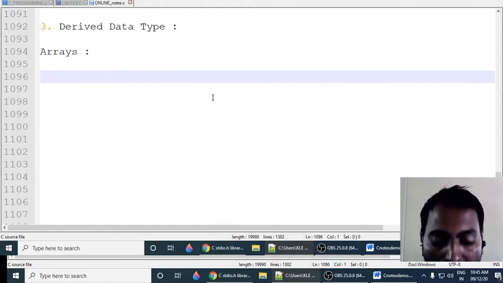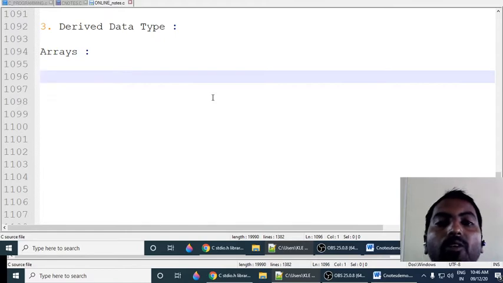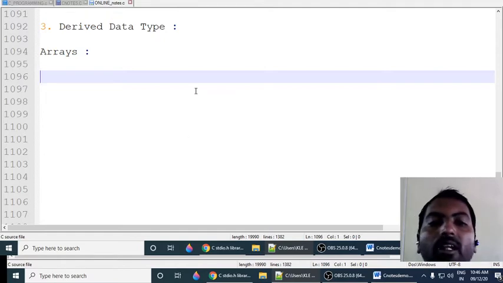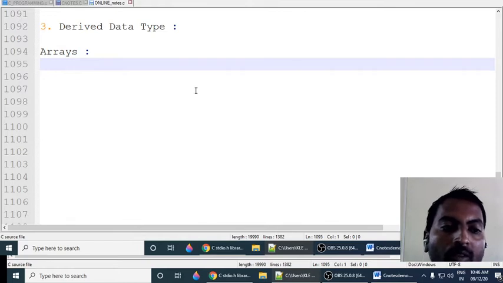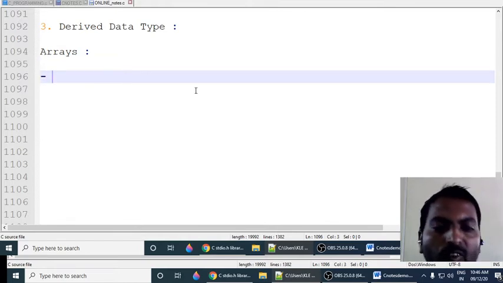And if you are declaring 1000, 10,000 variables in your program, that is the worst kind of programming practice. So that is going to reduce the program readability. So if you want to increase the readability of the program, and we need to decrease the length of the code, hence we need to avoid such type of redundant code in our program. So an array concept, why we need to learn array means, if you want to store more than one value in a single variable, if I want to represent more than one value in my variable, that time we can go for array concept.